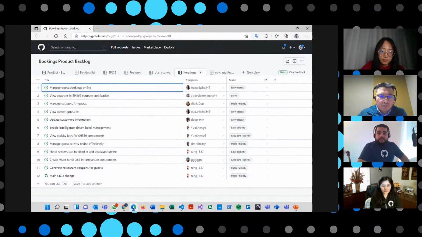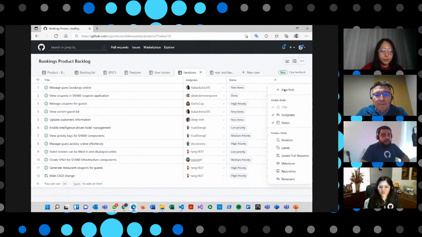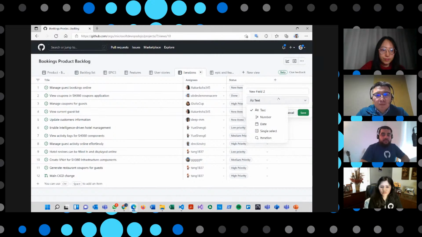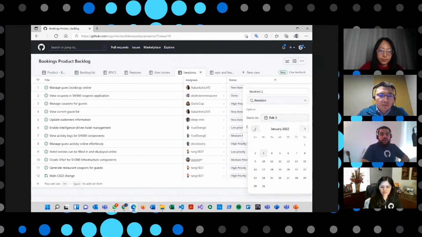So you can actually assign iterations, and this is actually new. As I was mentioning, you can use Milestone for that, or you can use iterations. So let's say I'm in this view. I will go here to create a new field. In the new field, I have multiple possibilities, one of them being iteration. So I can say I want to create an iteration field, and then I will decide when the iteration will